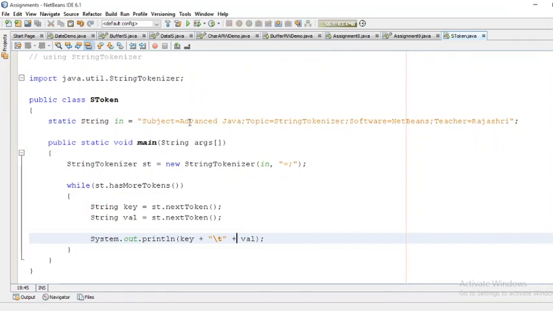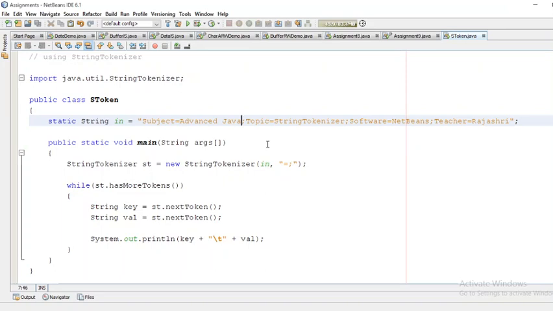To separate out these keys and values, these tokens, I can use this equal sign, and I can use this semicolon to get another key value pair.